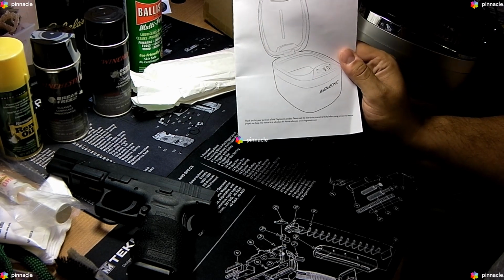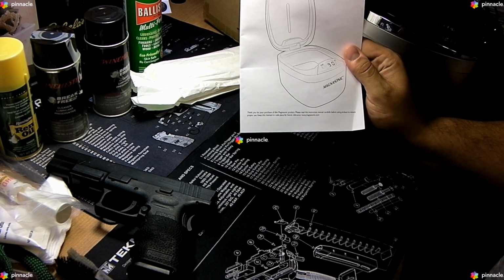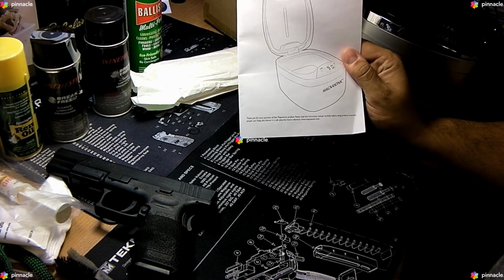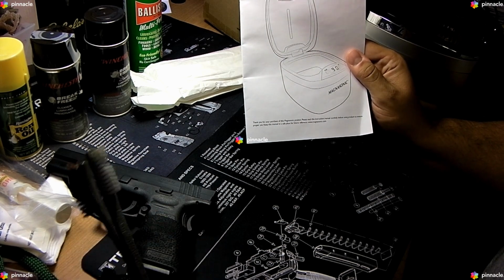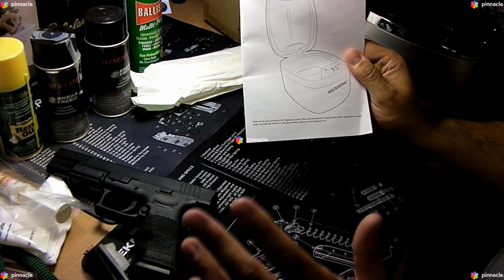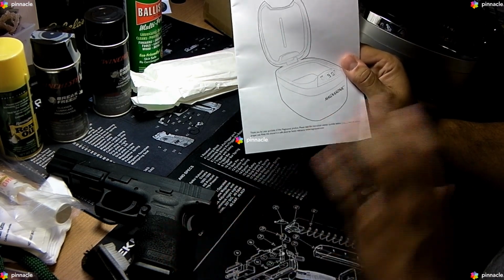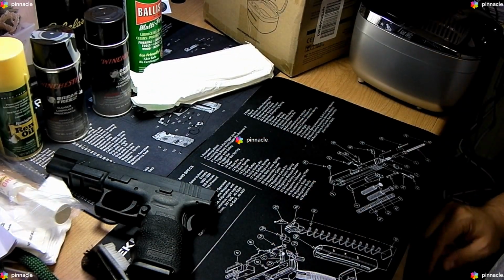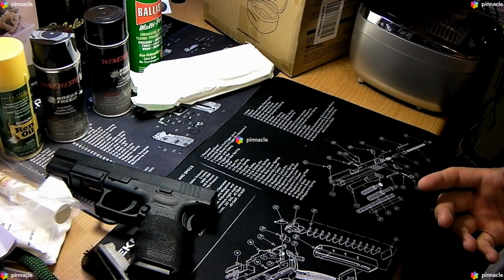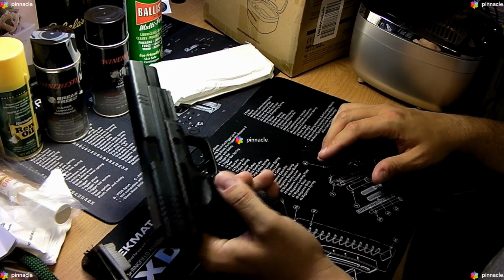So I found this works pretty good. Maybe not the best, but it does loosen up the stuff, and it makes these bore snakes and brushes and other stuff work really well together. So I'm going to take you through a little bit of the cleaning process that I've developed over my time. You've probably seen some of my other cleaning videos. They're probably not as good. Hopefully this one will be better. So first thing we do,